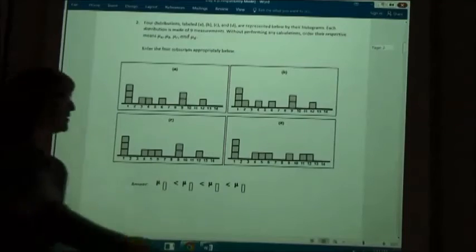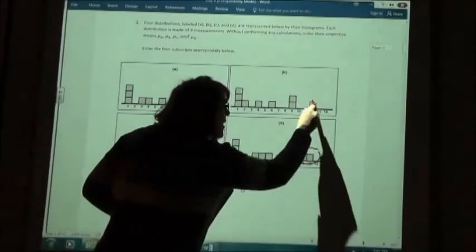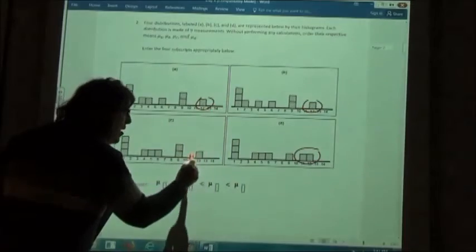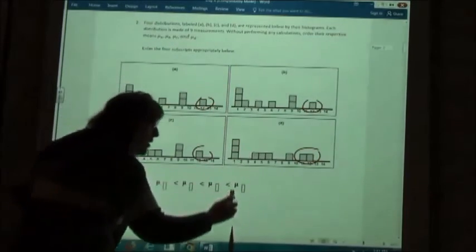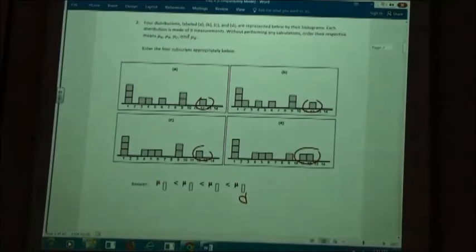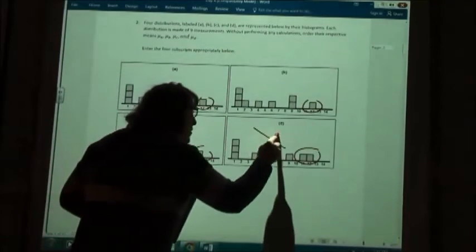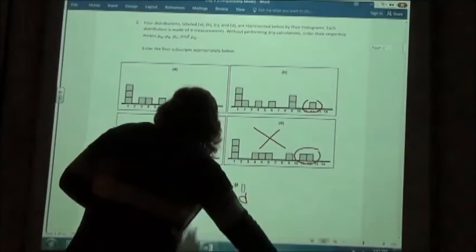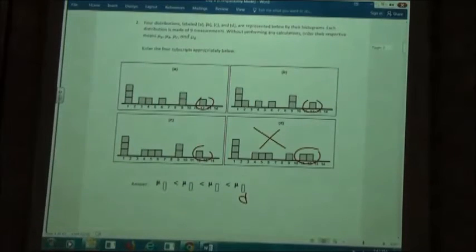D is going to, because here we have a 12 and 11. Here we just have a 12, a 12, and a 12. So D would have the biggest mean because I have the biggest numbers there on my end. So we got D narrowed out. Now if I look at my next bigger one,